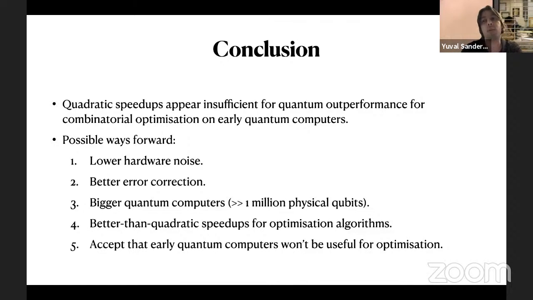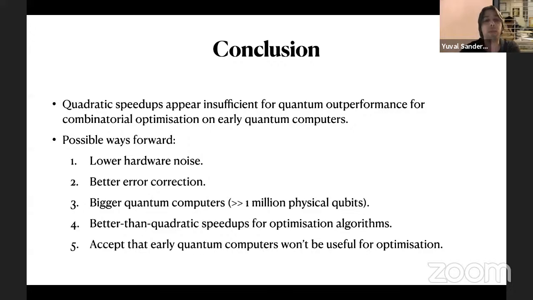So in order to really bang the point home, I just want to say that it really does look like quadratic speedups are insufficient for quantum computers to beat classical computers, or at very least early quantum computers. Now, of course, because it's a quadratic speedup, sooner or later you build a large enough quantum computer, and it's going to beat a classical computer, because that's how asymptotics work. But the point of this study is really not about asymptotics. It's about saying what happens if you have this 1 million qubit machine of the kind that Google's sort of trying to build.